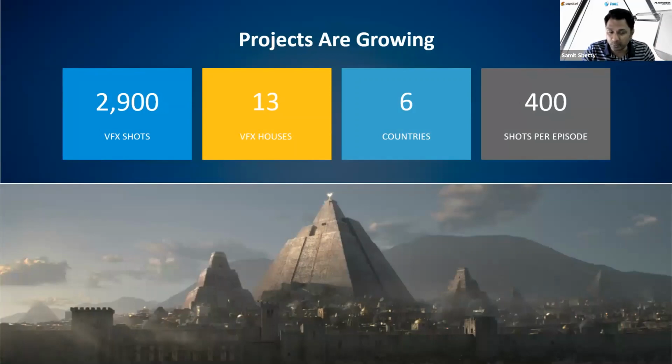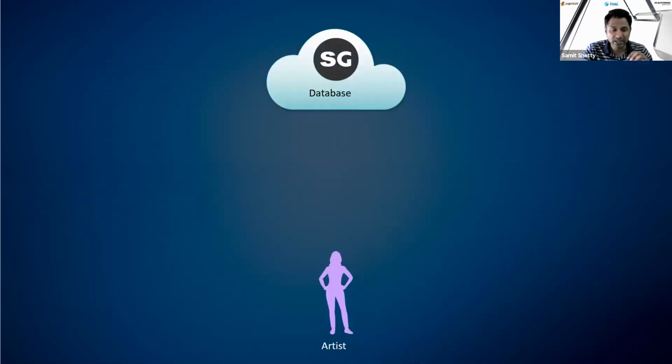Again, jobs have been distributed to different countries, and shots per episode, because we also have episodics. There are lots and lots of shots now being added to episodics as well. So this means projects are growing and a lot of coordination is needed. So how does ShotGrid work? I'll explain it in a very simplified way, and as I said, it can be accessed